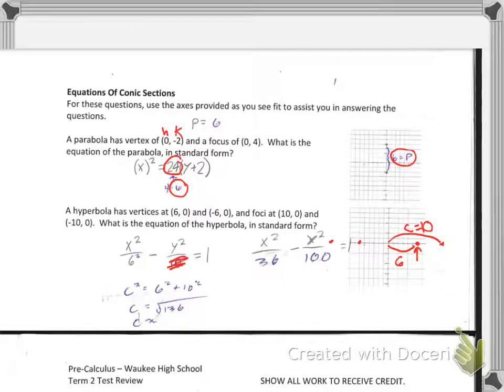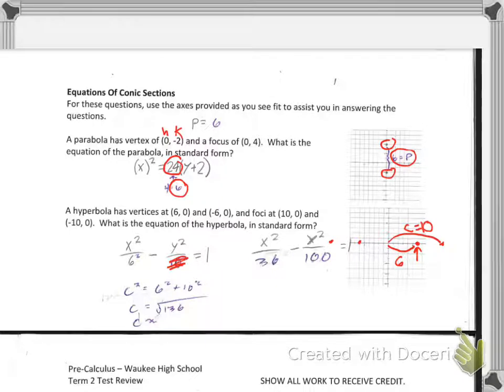All right, here's the last part of that page with the conic sections on it. If you take a look at this, it's giving you points, and then you have to come away with a standard equation. The key is if you plot the points that you're given, then for a parabola, for this first problem, you can find the p-value. So if a vertex is on the bottom here, and the focus is on top,